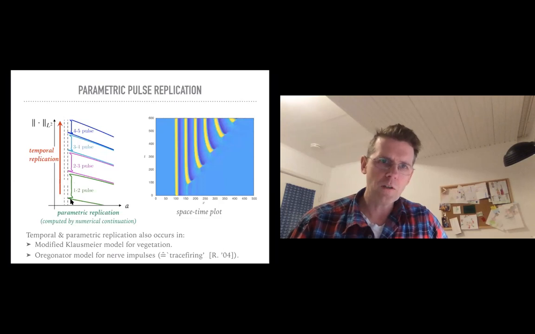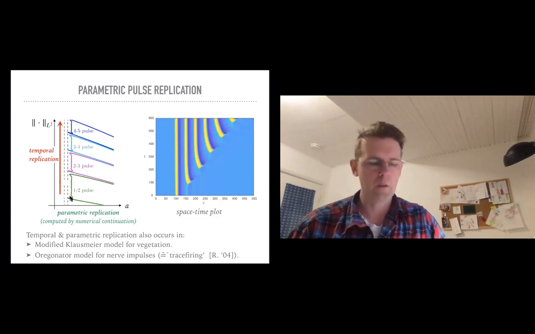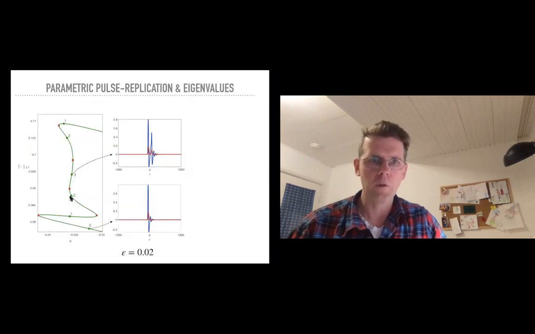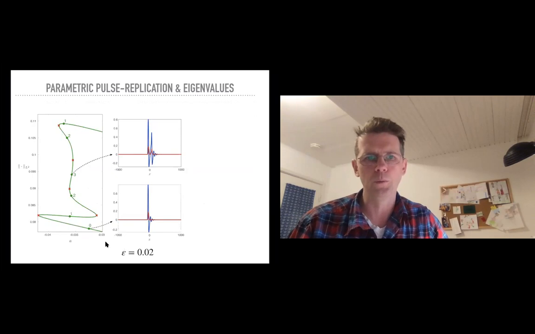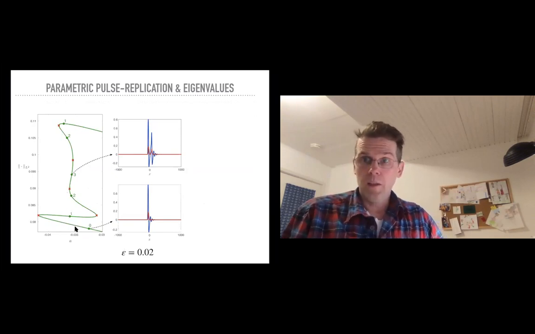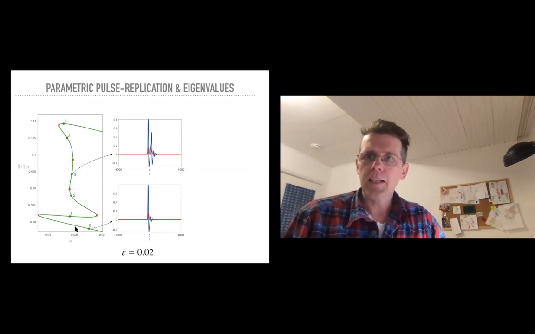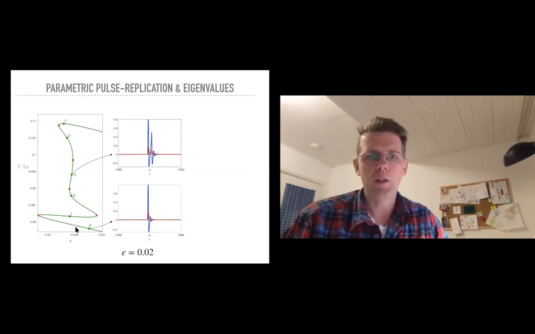Now, this branch also has this snaking type structure. Here it's a little bit small. I'm going to make it a little bit bigger in a moment, namely here for epsilon 0.02. It kind of oscillates around. So when having this homoclinic snaking in the back of your mind, which people might have heard of, you would think that there's one eigenvalue which moves through the origin when passing through the folds, and then it moves back.